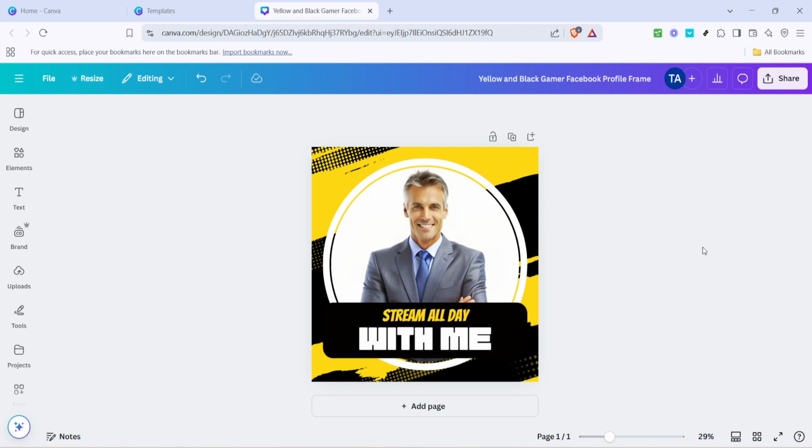You can now download your design and upload it to Facebook, where it will beautifully frame your profile picture and add a personalized touch to your social media presence. With a little creativity and these straightforward steps, you can make your profile stand out while enjoying the ease and flexibility of